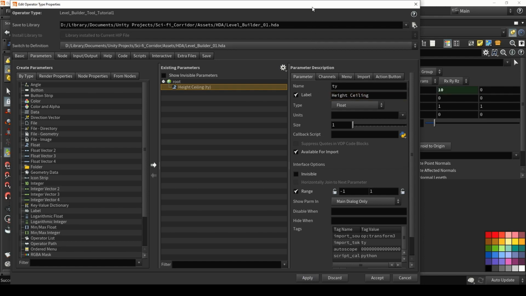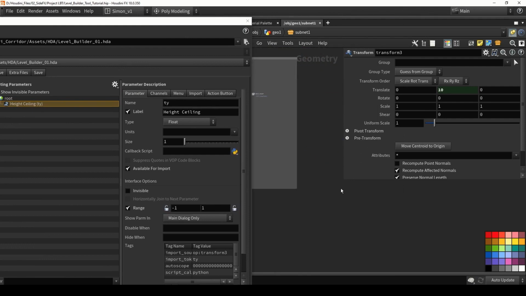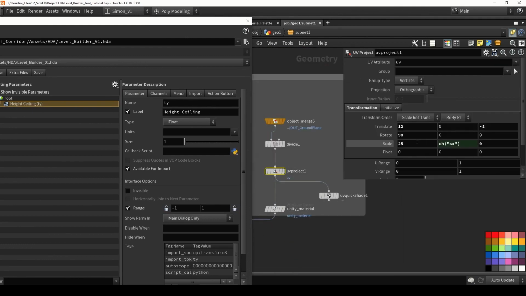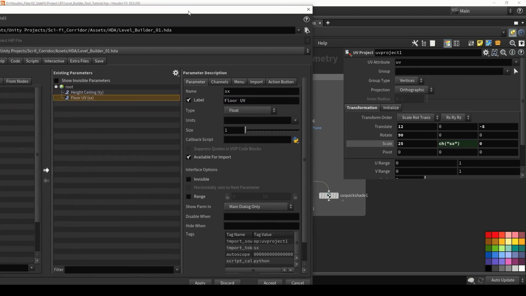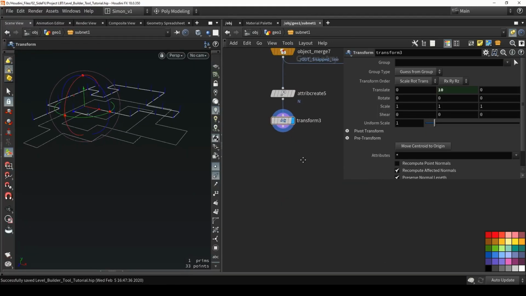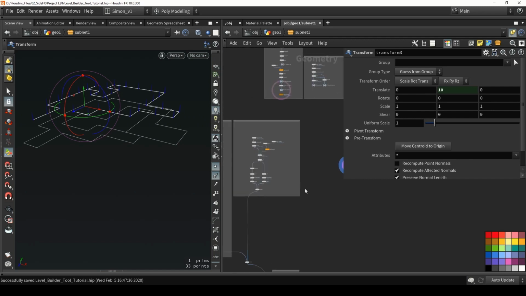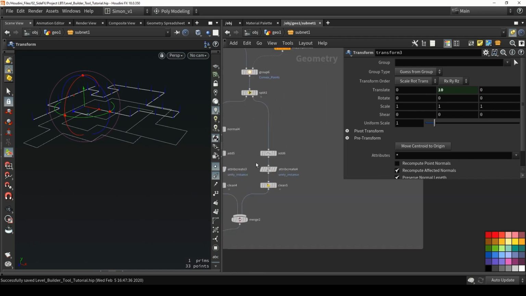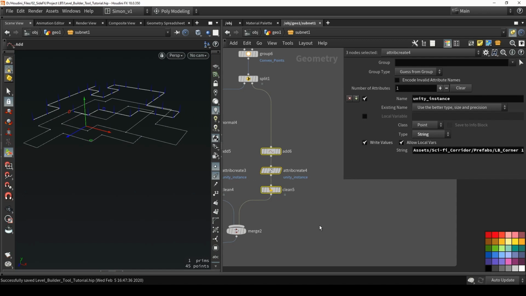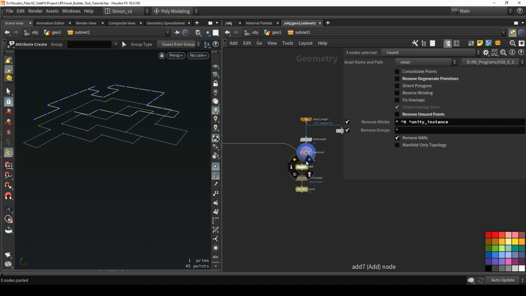Apply. Oh, and while I'm here, I might as well grab the UV I did over here, so you can change the UV scale. So floor UV, and save that as well. So now I can control the height, and this system is actually done. So we have the points and we have normal. So those are the two important things for the system, is to calculate the points and give it a right normal. So again, copying these 3 instancing nodes, place them over here,